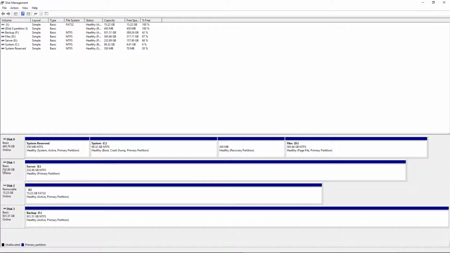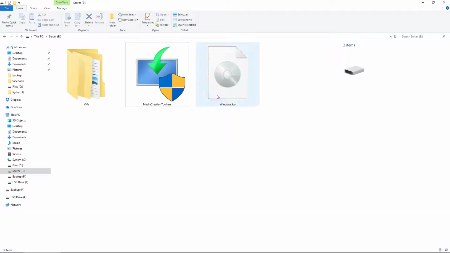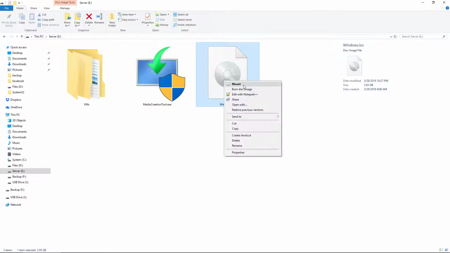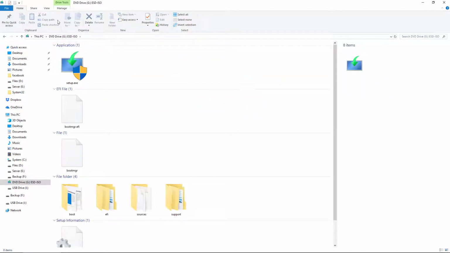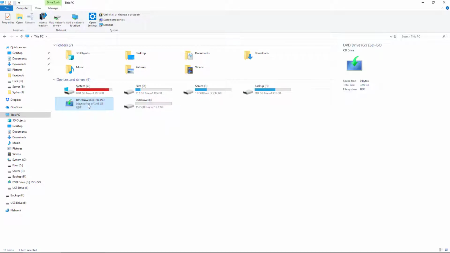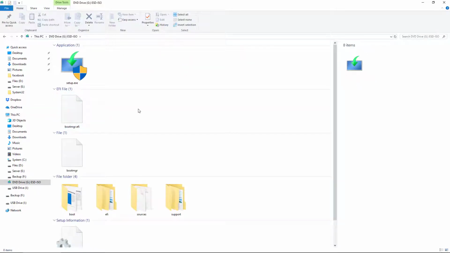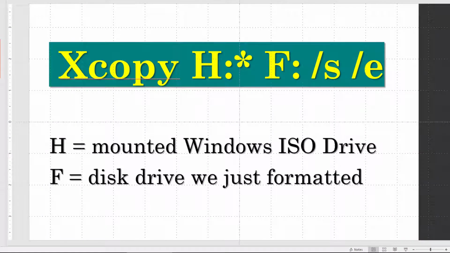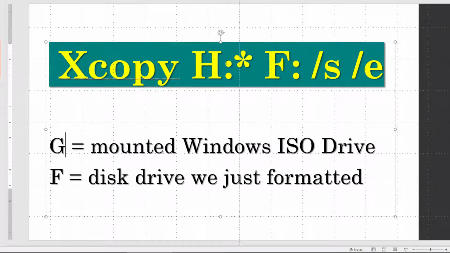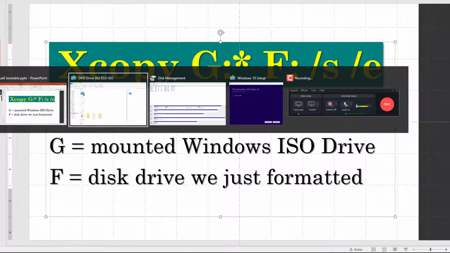Open Disk Management, and then you can see the list of disks. We have disk 0, 1, 2, 3. Disk 2, or partition I, is our pen drive or external USB drive. The Windows ISO file we downloaded from the Media Creation Tool is approximately 4 GB. Now we can see that our DVD drive, or partition G, is the one which we just extracted the ISO file into. Just take note of this mounted Windows ISO drive, that's the G drive,